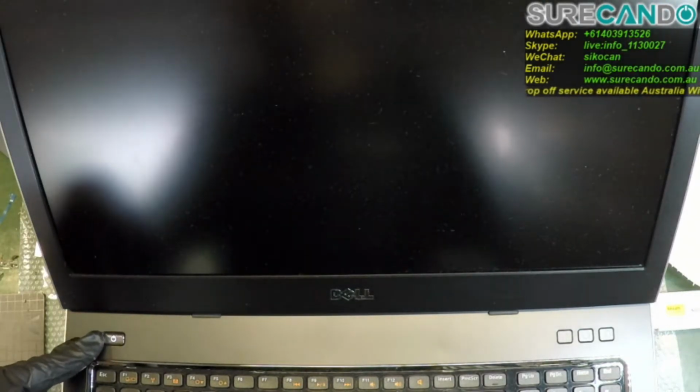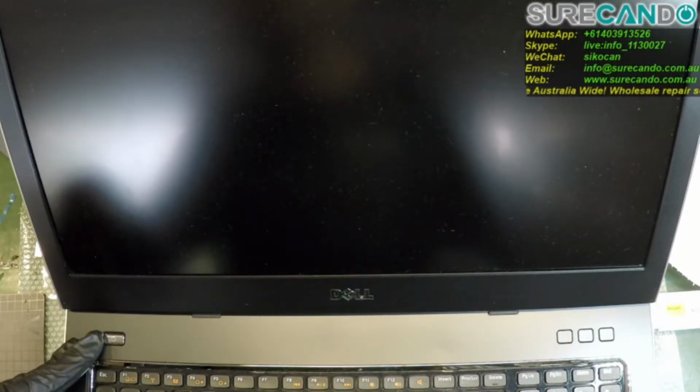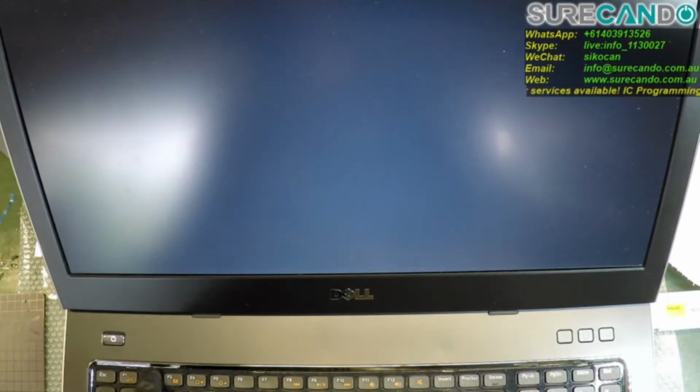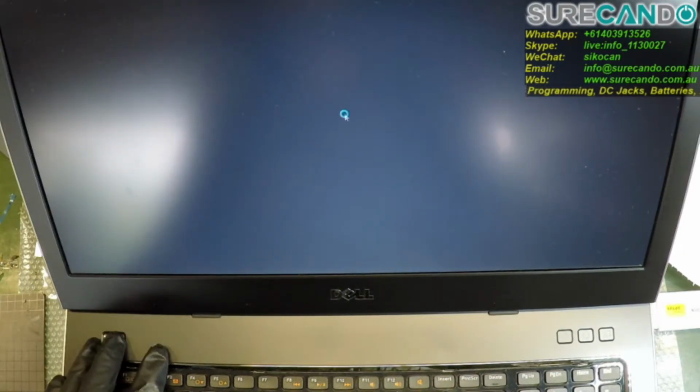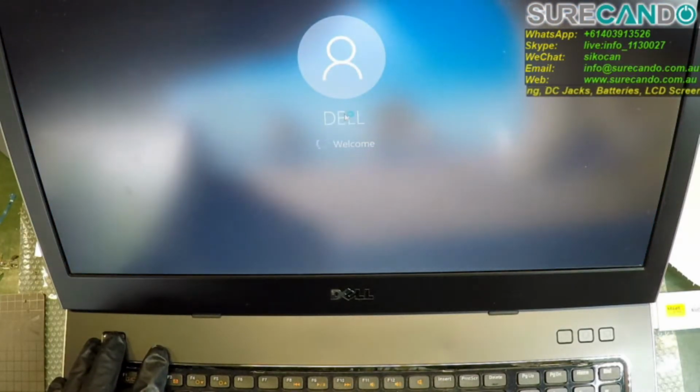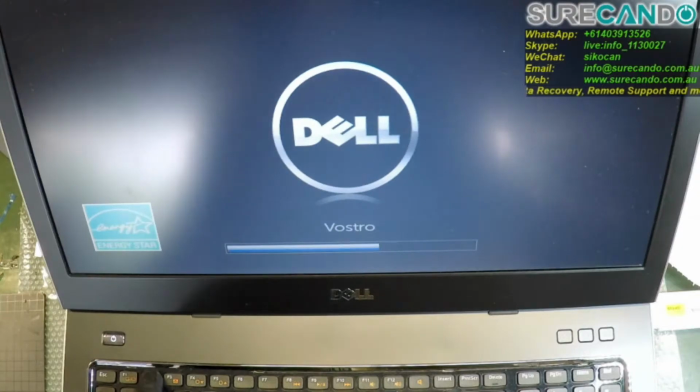So make sure the computer is off. You'll need to go into the BIOS. So F2 key or function F2, just keep tapping. Function F2 or F2, and you'll go into BIOS. I just missed it. Do it again. Okay,